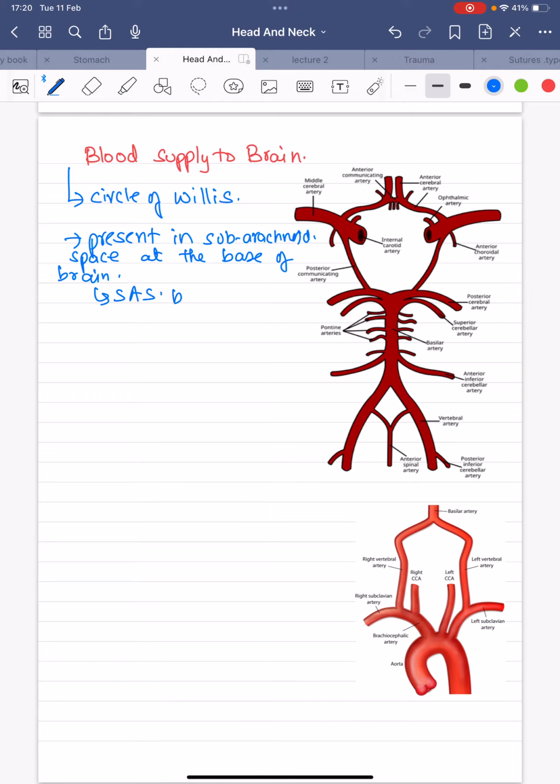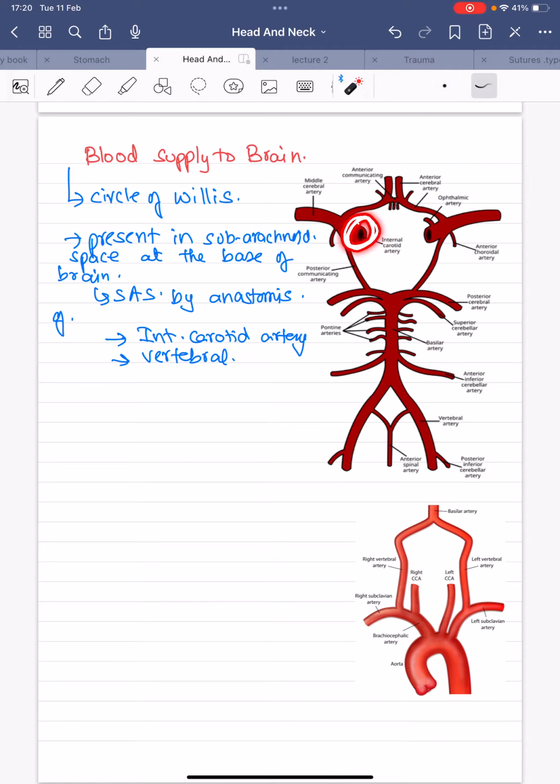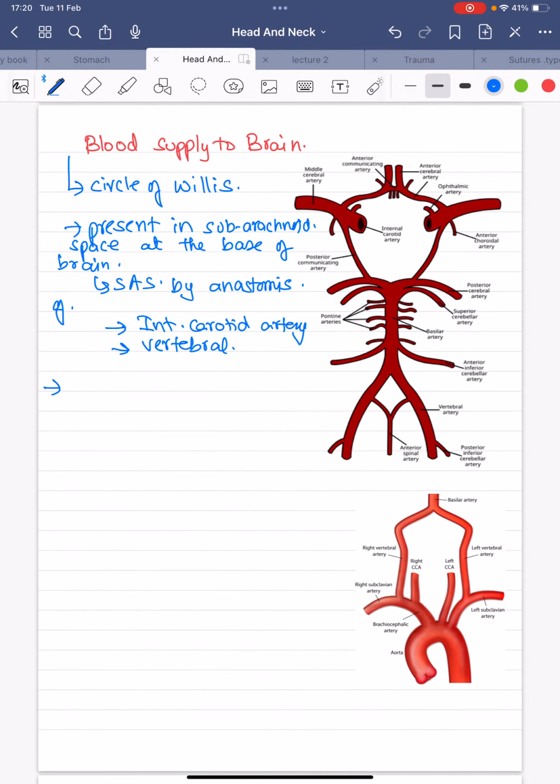This circle of Willis is formed by the anastomosis of the internal carotid artery and the vertebral artery. The internal carotid artery is anastomosing here with the vertebral arteries, and they make the circle of Willis, which gives blood supply to your whole brain. So how are we going to understand this diagram? See here, everyone. First of all, at the base of the brain,